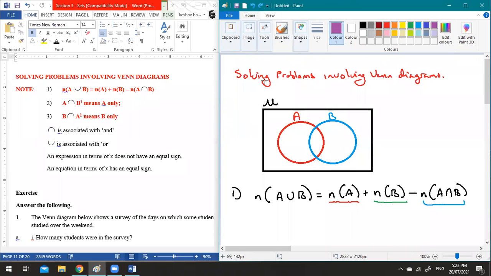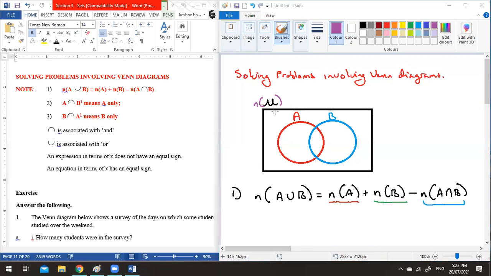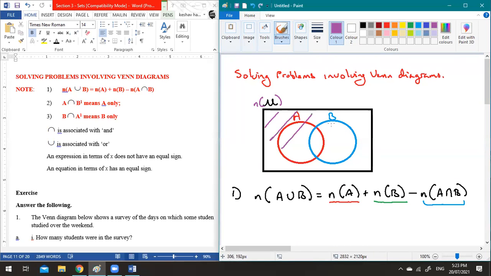So if this is the universal set, the number of elements in it, let's put it in purple, will contain everything in the rectangle, right? So you have to remember that. Now, what does this mean? The number of elements in A union B. If I was to shade that, let's shade it in gray, A union B would be the two circles only,